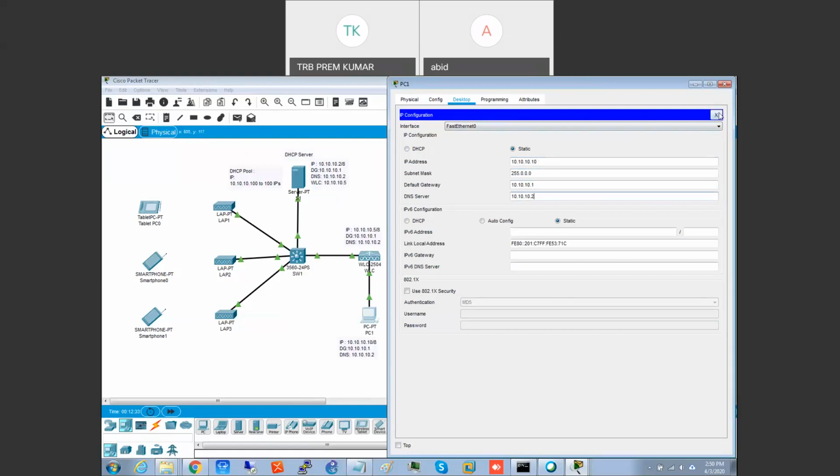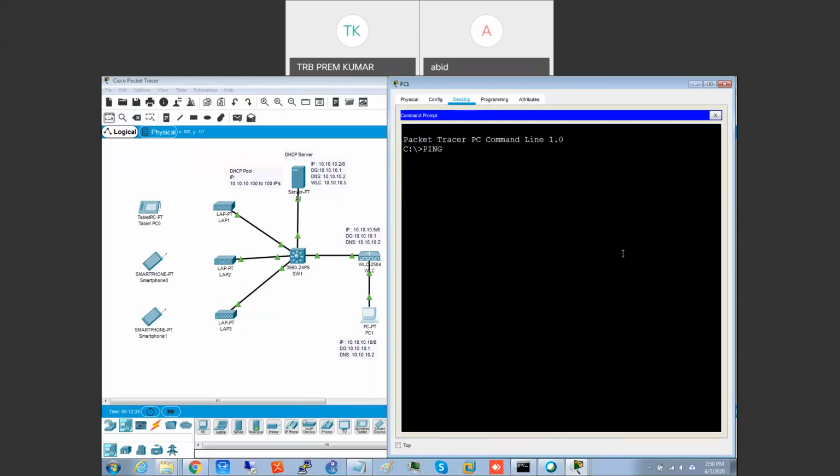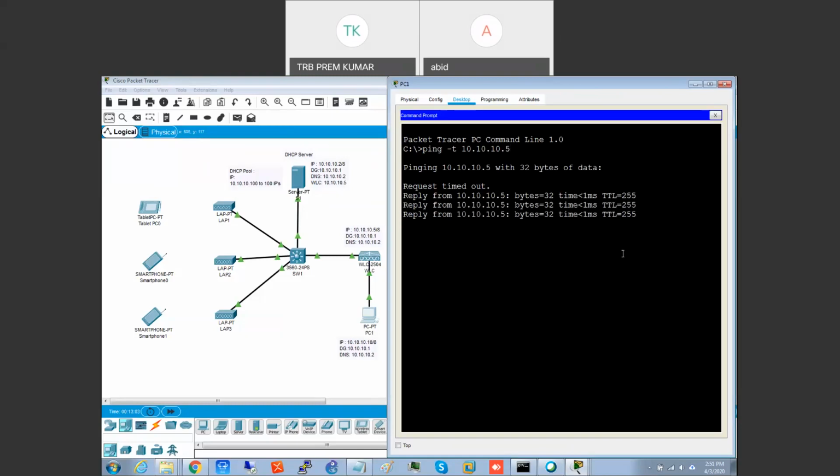Right. Next, the continuous ping command: ping hyphen t, and then 10.10.10.5. Started pinging.